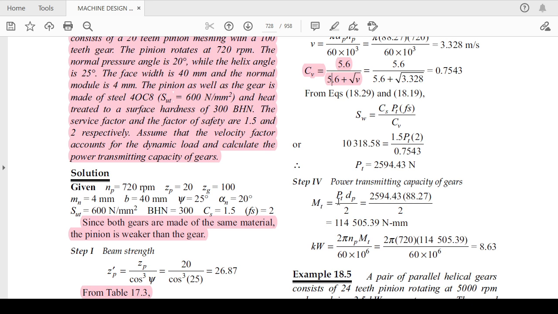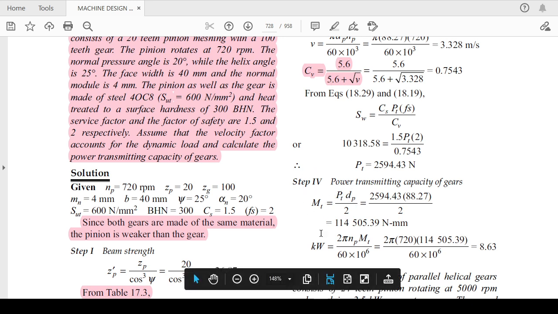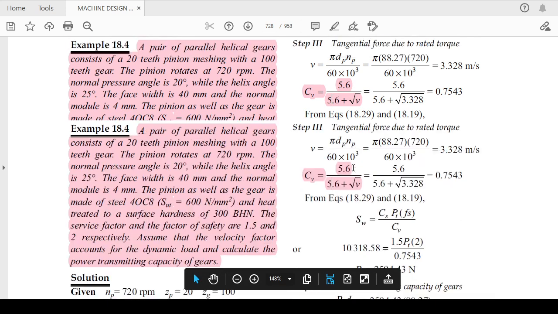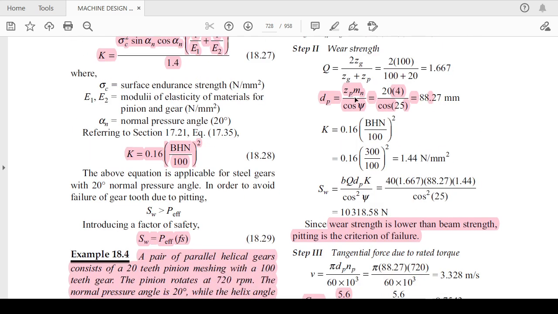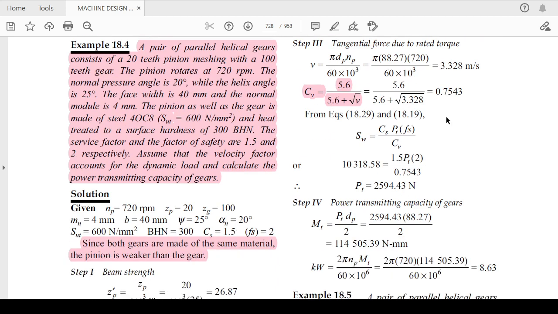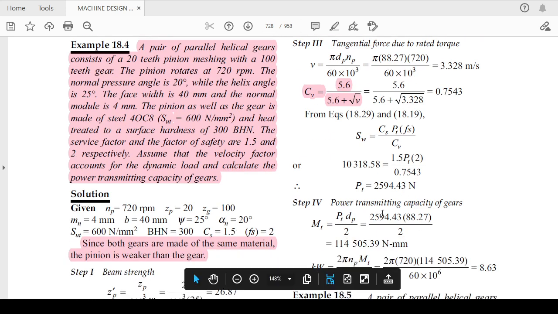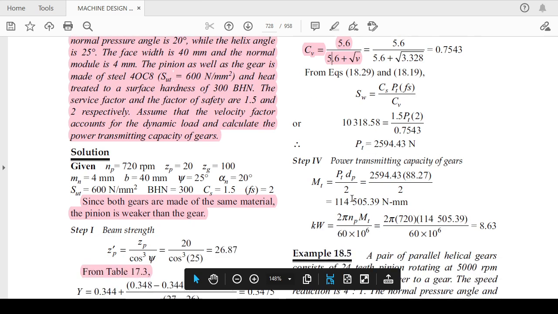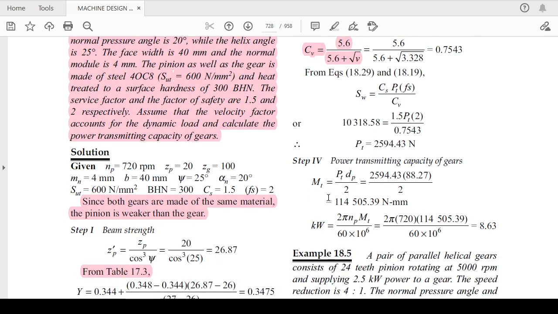For MT, you know that if you multiply the pitch circle radius with the tangential load, then you will get the value of torque transmitted. So PT into dP by 2. dP is known to you, which you have already calculated in step number 2, as you can see here, 88.27. You have to keep it here. PT you have calculated in step 3, which is the tangential load. You have to keep these two values and you are able to calculate the value of torque transmitted, which is